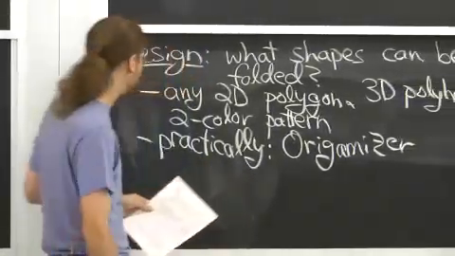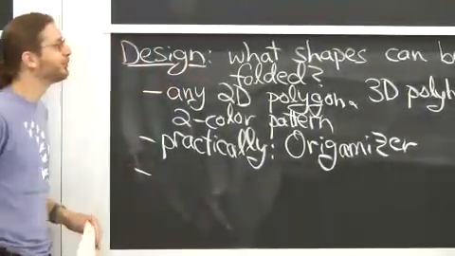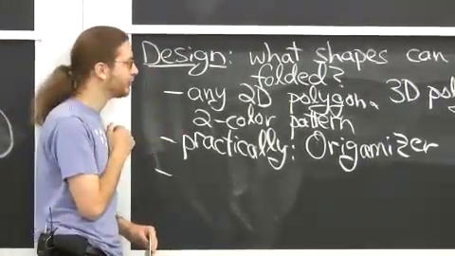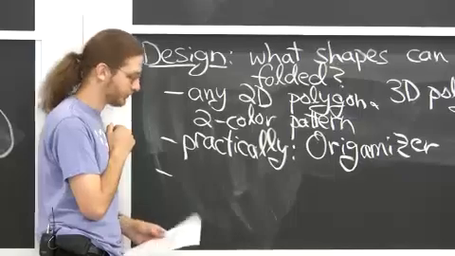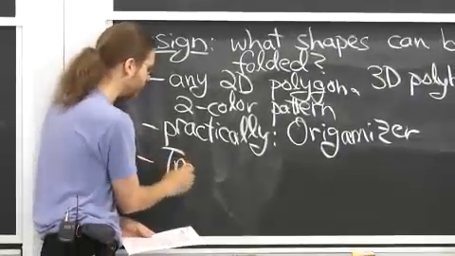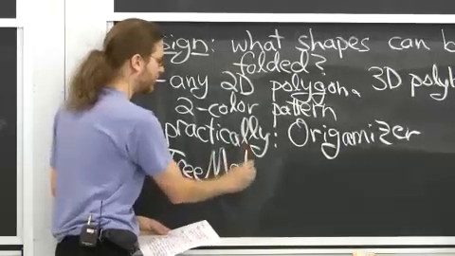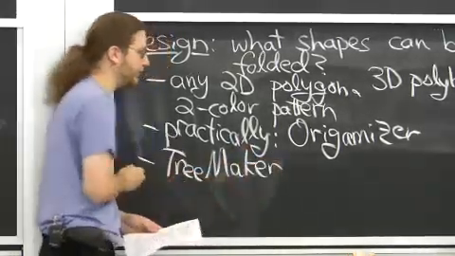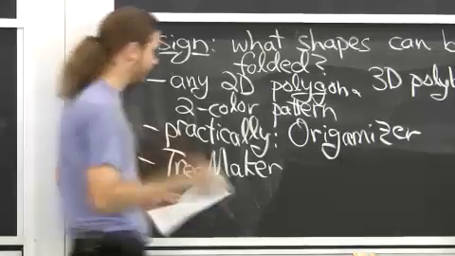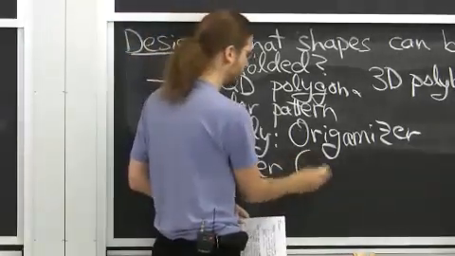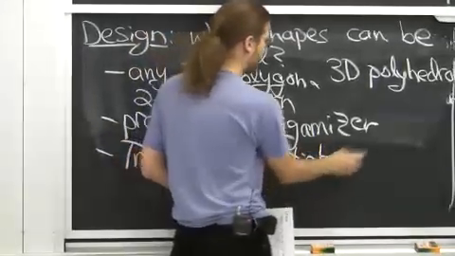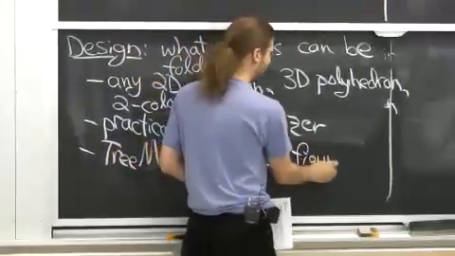Traditionally, before this Origamizer, or in practice today, a much more commonly used approach to computational origami design is something called the tree method, or I'm just going to call it Tree Maker here. Tree Maker is the name of the program that implements the tree method, and it's made by Robert Lang. And this is sort of making stick figures, which sounds a little silly, but